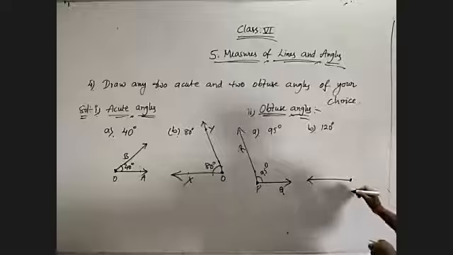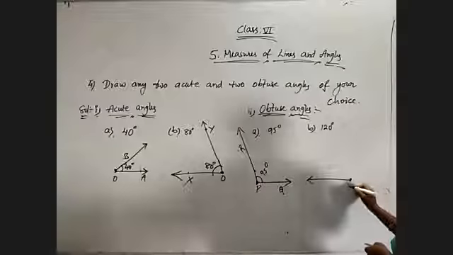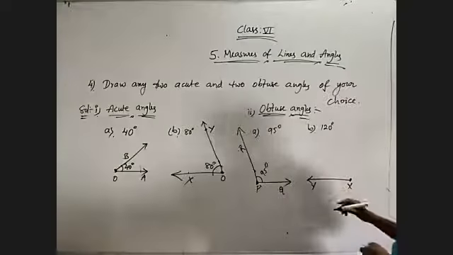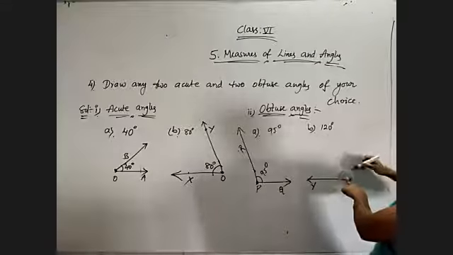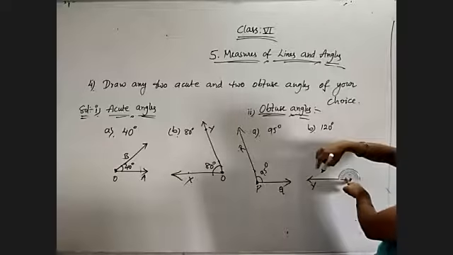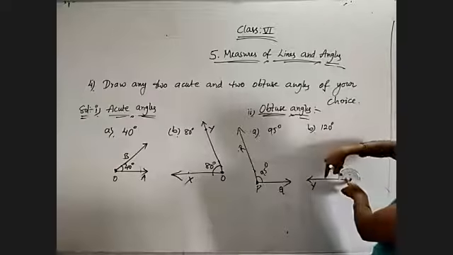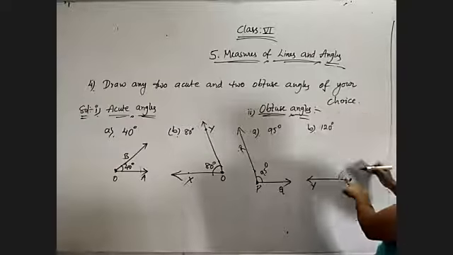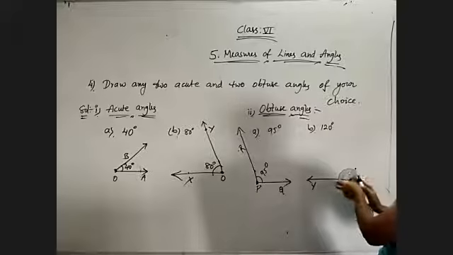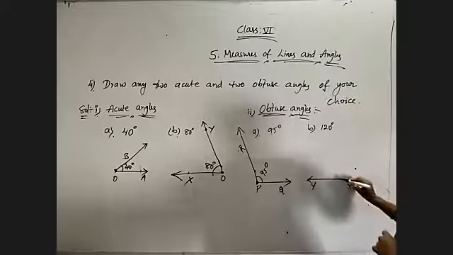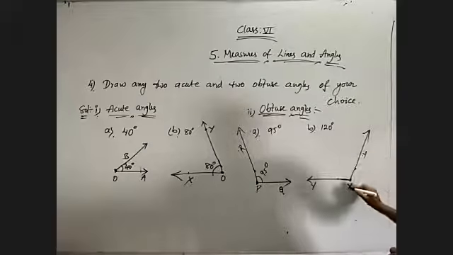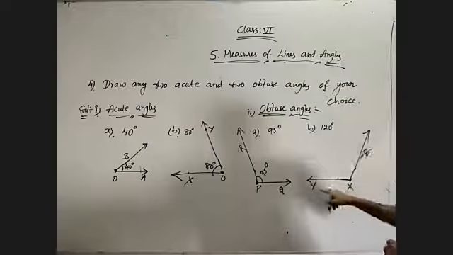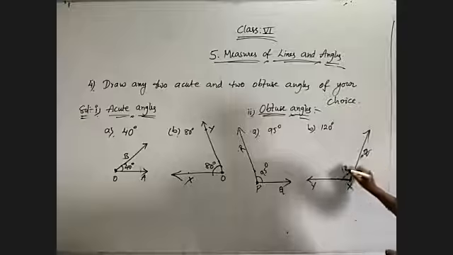Take another variable, XYZ. Now I am using the protractor. I need to set it at X because I have used 120 degrees, and this is spreading to the left side. So on the left side, upper values I need to consider 120 degrees. Wherever 120 degrees is there, mark the point and remove the protractor. Join those two points X, Y, Z. Now angle YXZ is equal to 120 degrees.